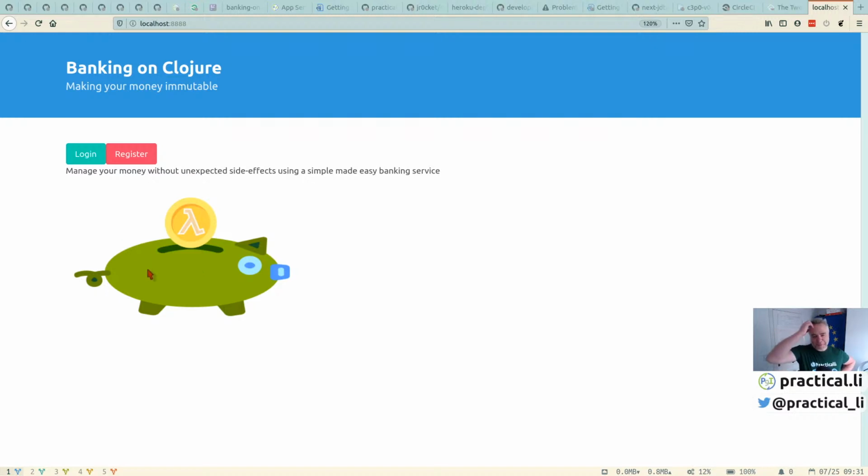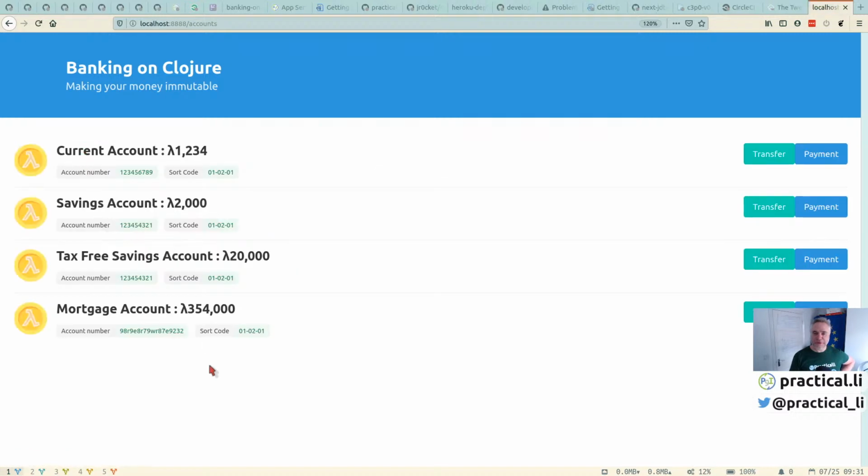You can see I'm not a graphic designer by trade, but it's a nice simple kind of website. We can pretend to log in. It's just got a fake login at the moment. It doesn't actually ask you for any login details, and it takes you to this Banking on Clojure account overview,